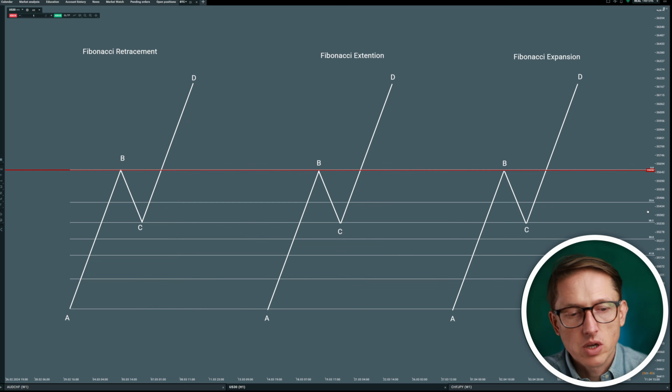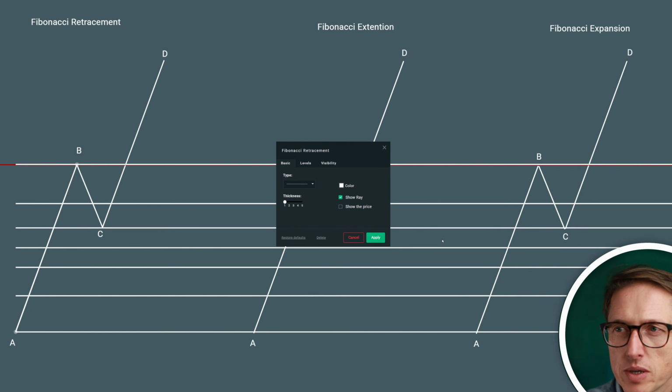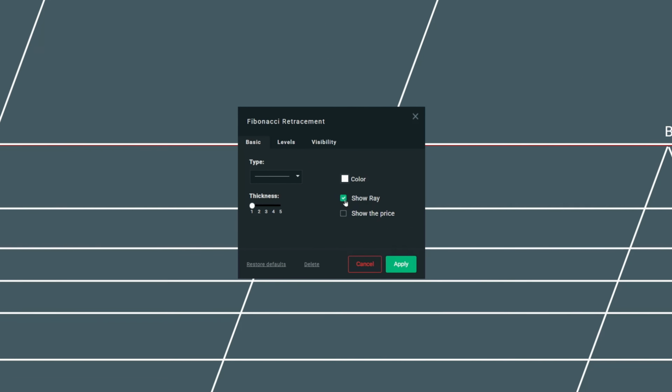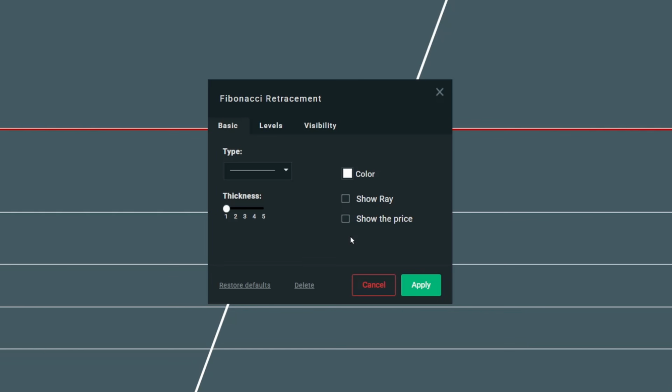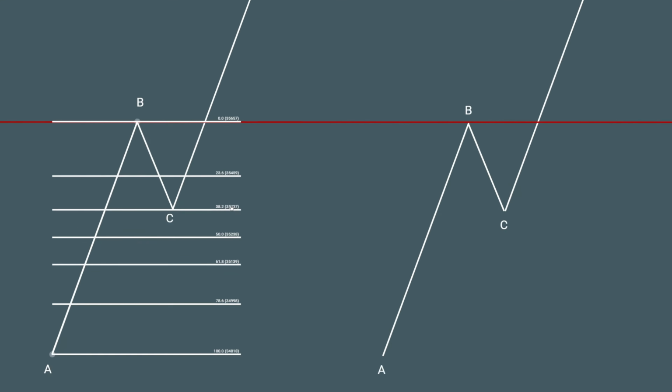Now all of that is going all the way to the right hand side. So we can switch off this ray, show the price. That could be very useful. So if we press on that, we can apply, and now we can see not only the level, but as well the price